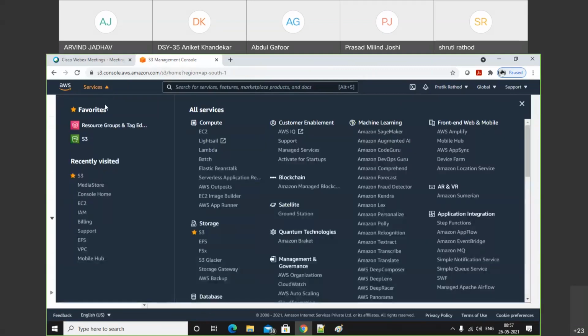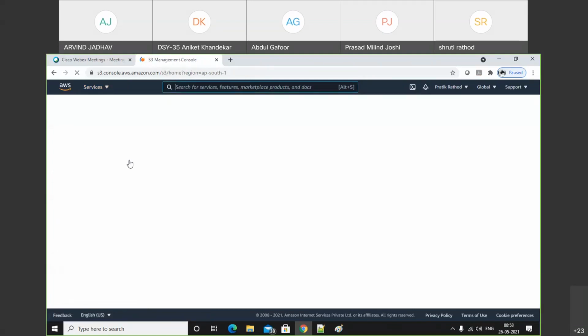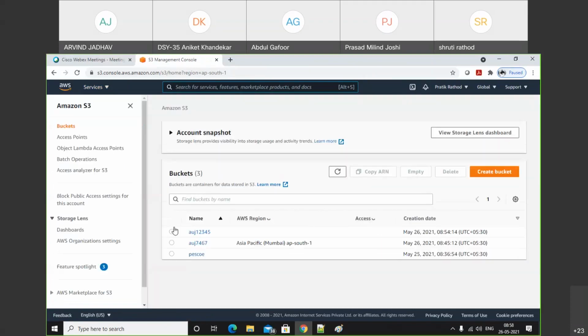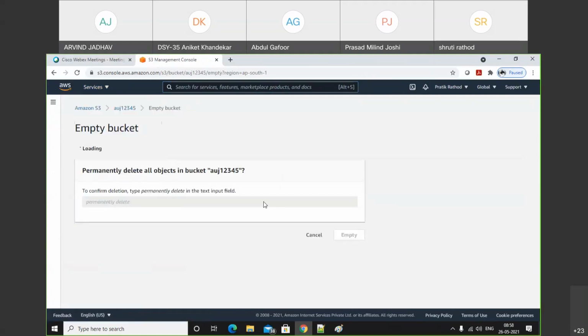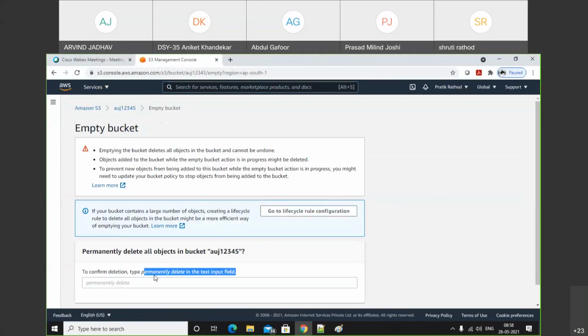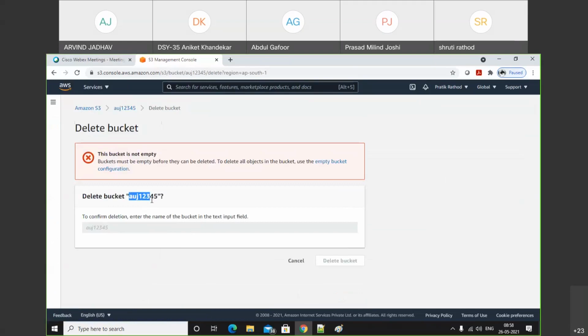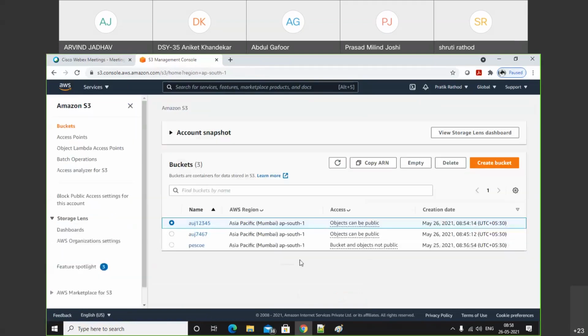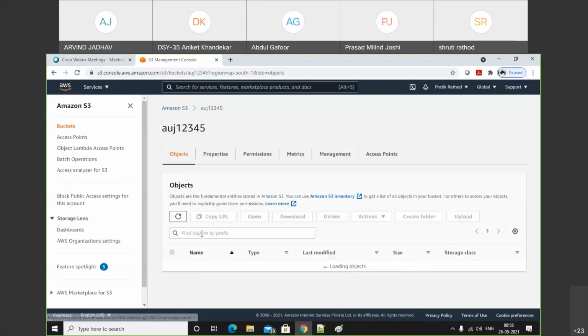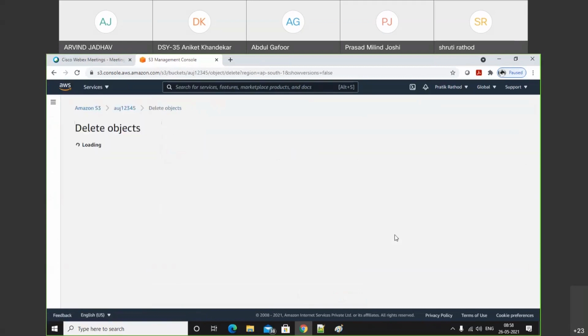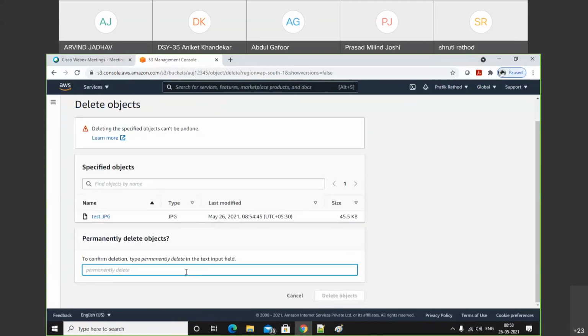Delete these buckets, and after that we'll do the versioning related operation, which is a very important operation. First of all, we need to delete the content if we want to delete the bucket.